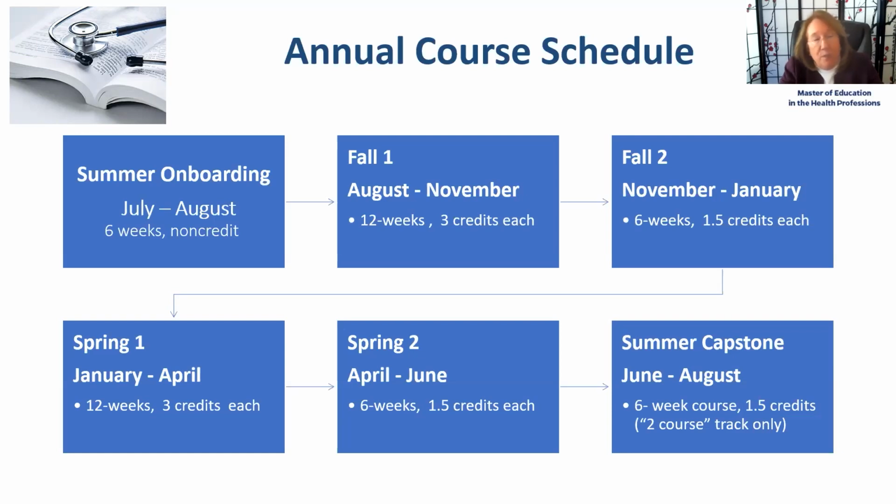In the spring, we have a similar situation. We have a spring 1 that goes from January to April, and a spring 2 that goes from April to June. Again, it's 12 weeks and then 6 weeks. This is a typical pattern for the program throughout the program, and we typically have summer off, except if you